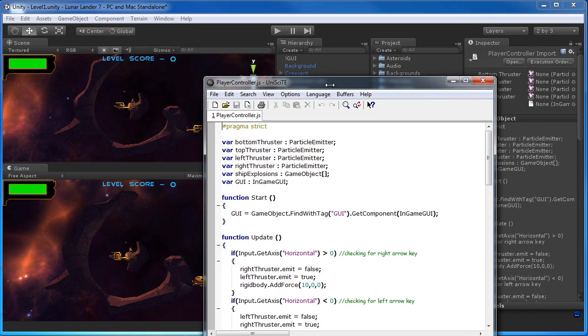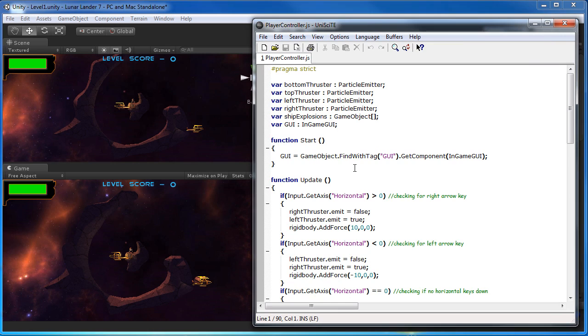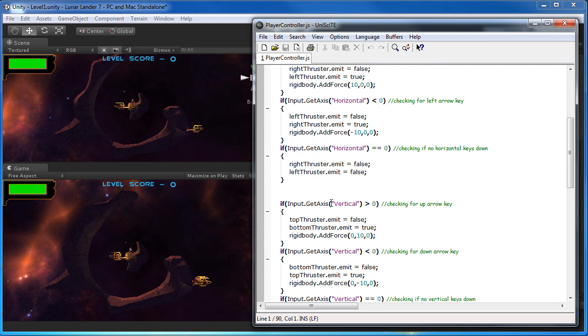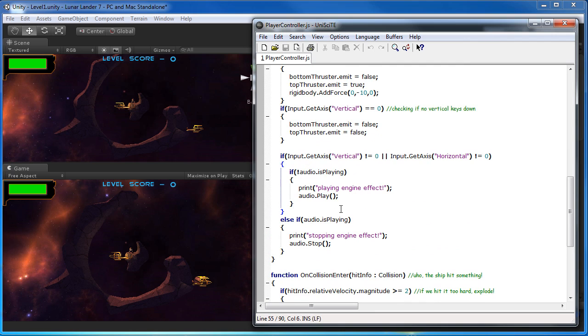And if we open that up, what we basically want to do is have a starting fuel and just obviously subtract from it constantly whenever any of the thrusters are being used. So I'll go down and use the area under here where I was setting the audio, because this just checks always, no matter what, if we have any sort of thrust going on to this. So we can use that also for the